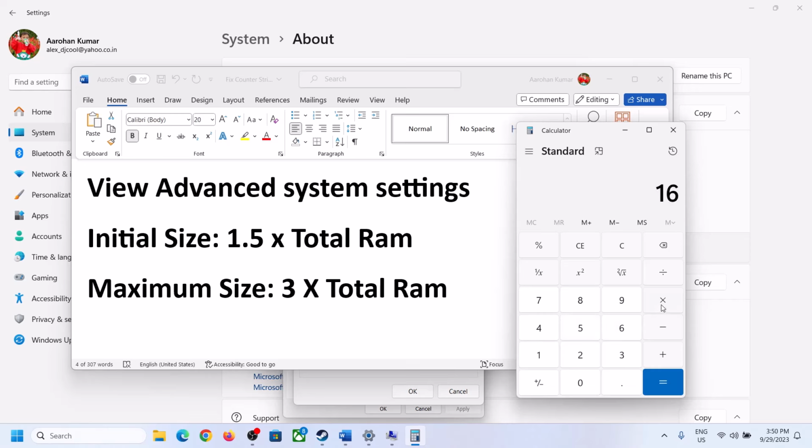So 16 into 1024. 1024 is actually 1 GB is equal to 1024 megabyte. So 16 GB in megabyte will be 16384 into 1.5. 1.5 into total RAM. This is my total RAM in megabyte. Now 1.5 into total RAM, that is into 1.5. So in my case initial size is